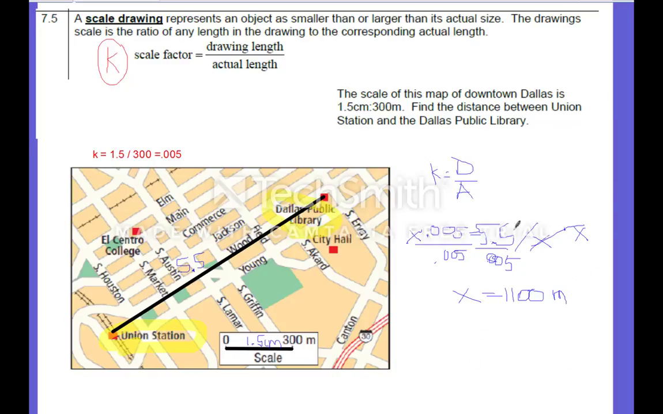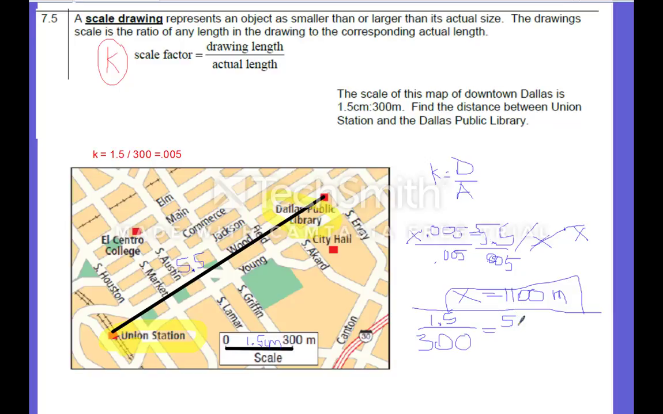Alternative ways to do this: you could also do a ratio, drawing length to actual. So that's one option. Here's the answer, 1100 meters. But the alternative option is you can say, okay, 300 is my actual length, over 1.5, which is my drawing length, is going to equal